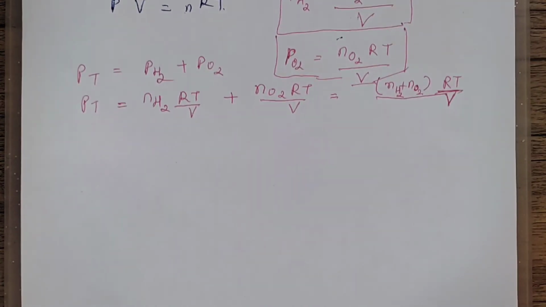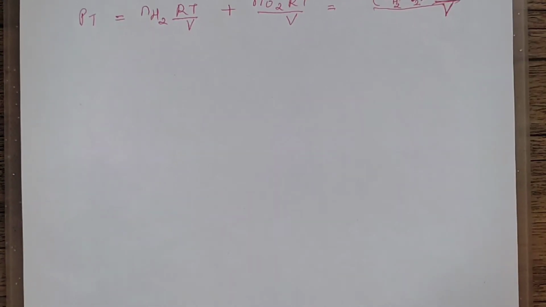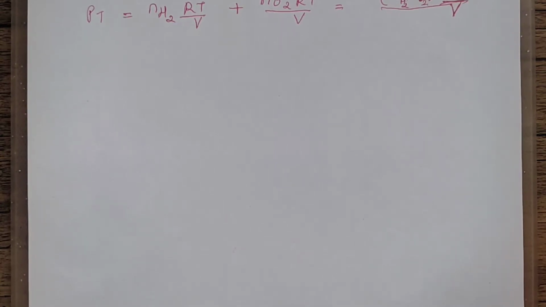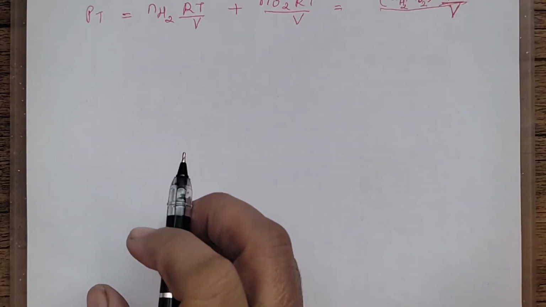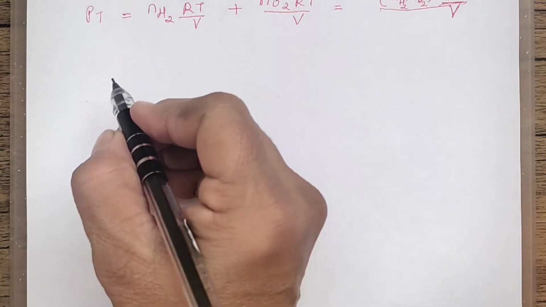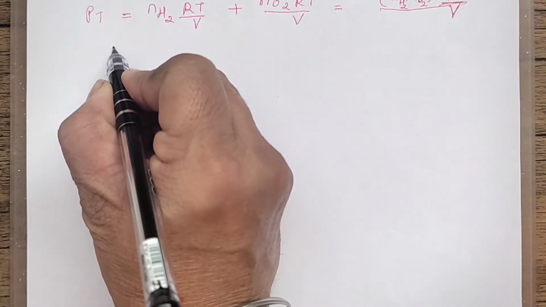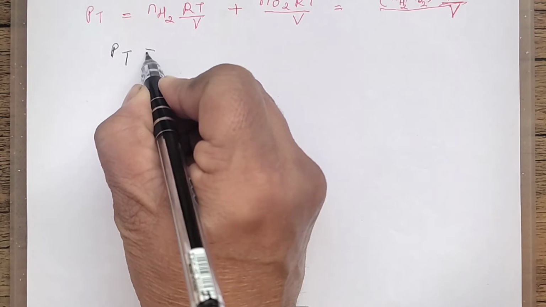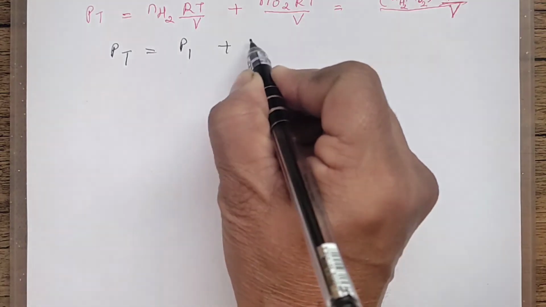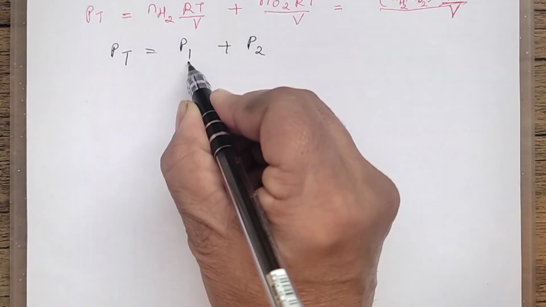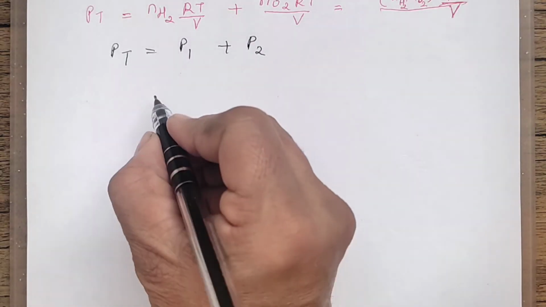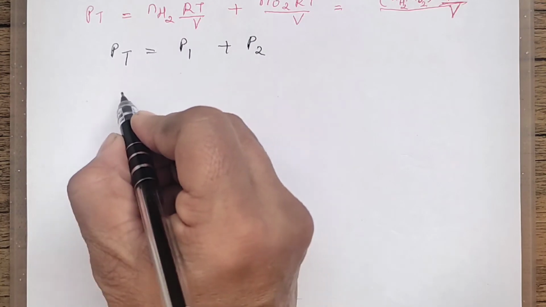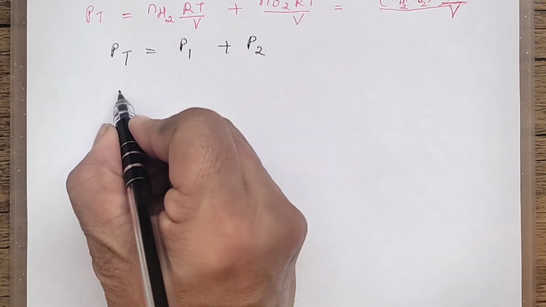Now let's move on to another formula which we'll be requiring in this chapter. Let me write that down here. Suppose I am taking the gases 1 and 2 only, because we may be using any other gas also, right? So total pressure PT is equal to P1 plus P2. The partial pressure of one gas plus the partial pressure of another gas is the total pressure, right? We also wrote those formulas, which I am writing here again.